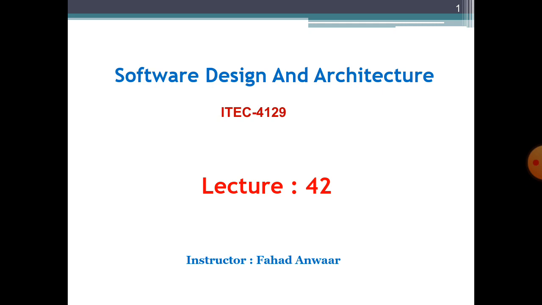And then we also compared these two approaches and saw the differences between cohesion and coupling, and we got a clear picture and idea about what cohesion and coupling actually represent in software design and architecture, and what their purpose is. And we concluded at the end of our last lecture that a good design should have, or must have, minimized coupling and high cohesion.